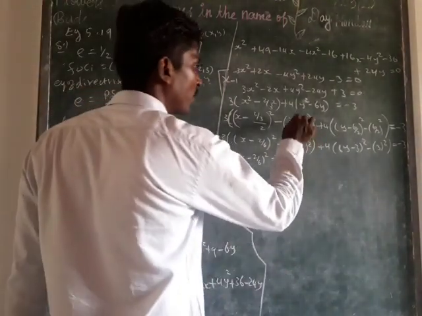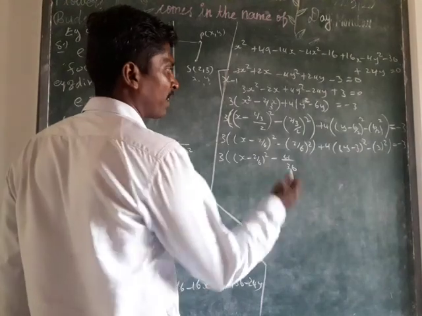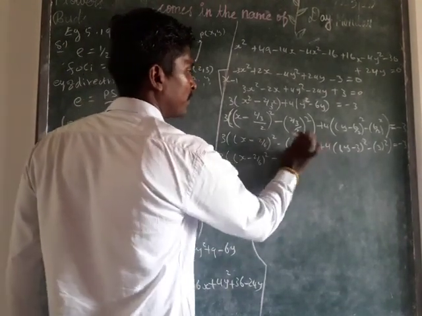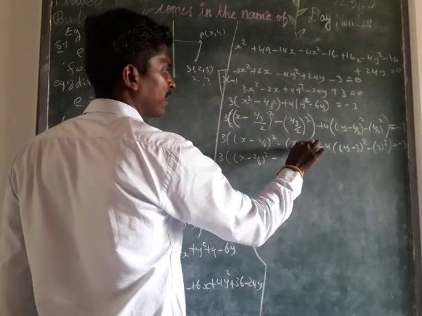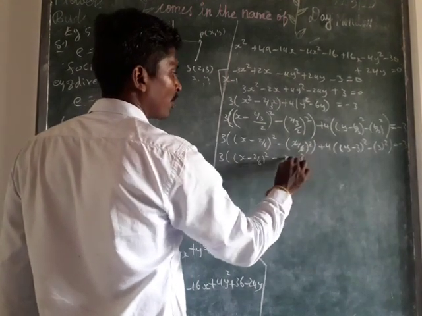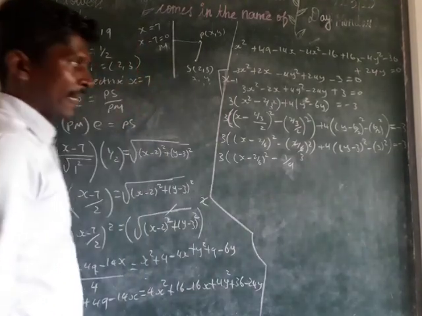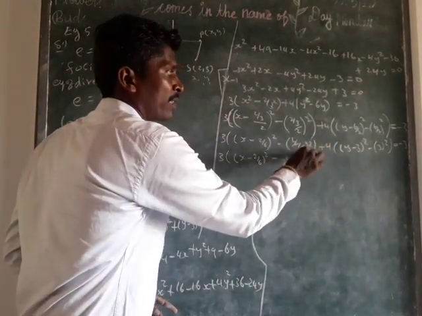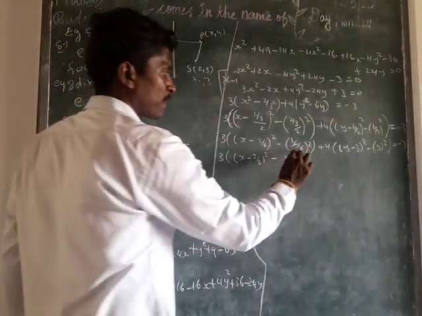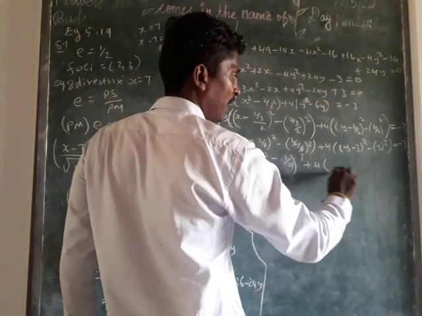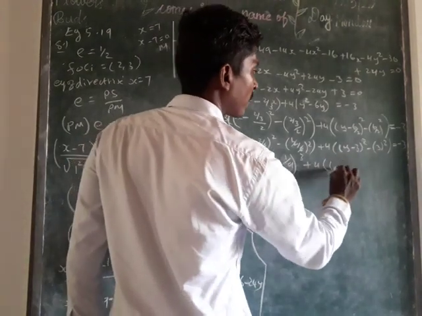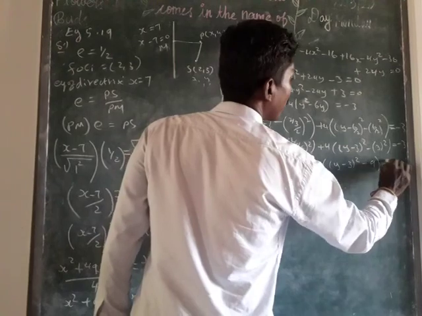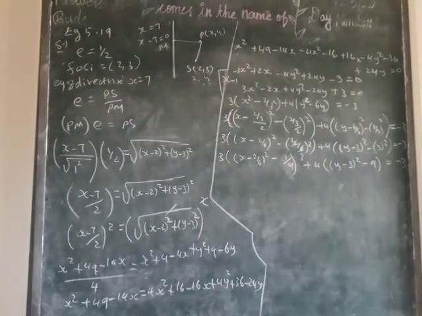Otherwise, in the x term here, it becomes 1 by 3 if you want to eliminate. If you want to eliminate also, you can eliminate here: 2 by 6 becomes 1 by 3. Then 1 by 3 square becomes 1 by 9. So you take the square, 1 by 3 square becomes 1 by 9. Close the bracket, plus 4 into y minus 3 the whole square, and it becomes 9, equal to minus 3.